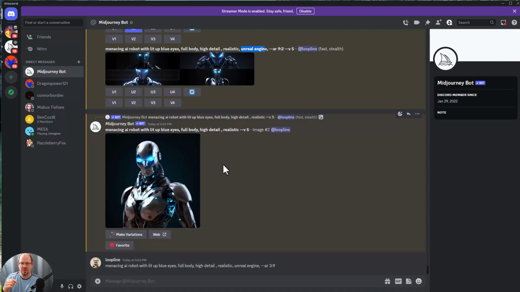So you can use dash dash, and then you put no human, right? You put no, and then a space, and you put whatever it is you want. And these parameters, like the aspect ratio and no human, always have to be on the end. If you put them in the middle, it fouls up stuff. But you can put that on the end, and then it would give it to me without a human being in it.